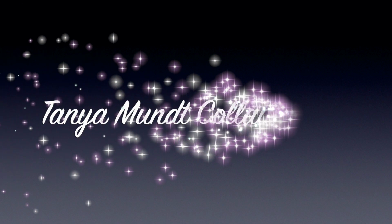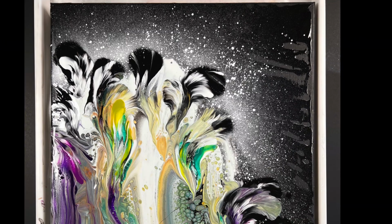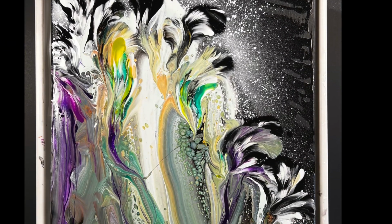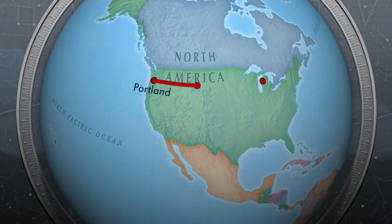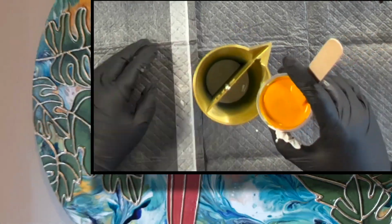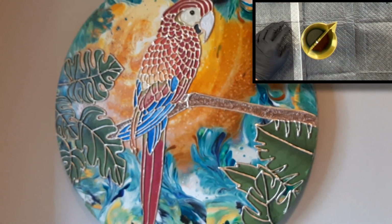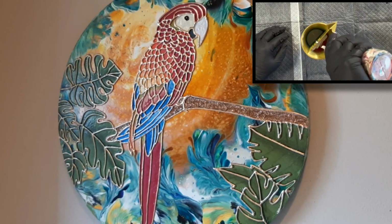Hi everybody, it's a Tanya Mundt collaboration. I'm so excited to show you this painting that I did. And I packaged it up and shipped it all the way to Michigan to Tanya so she could work her magic on it. I've done a couple other collaborations with Tanya, including this one, and also I did a